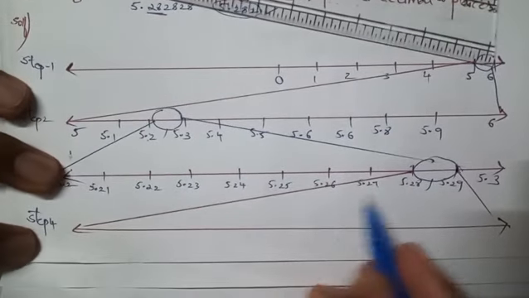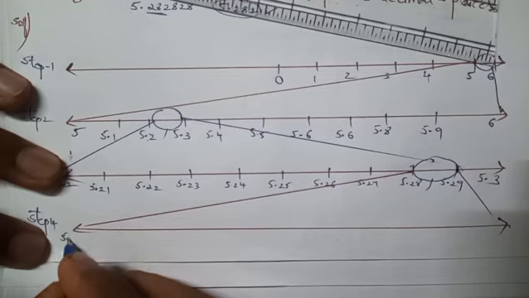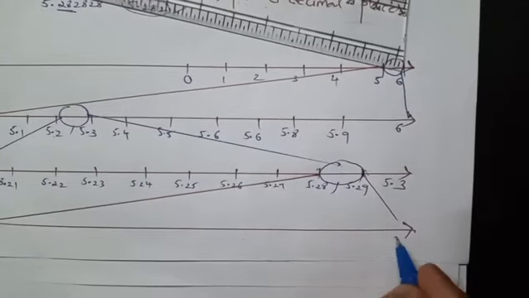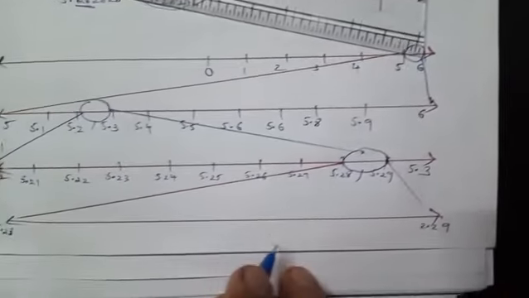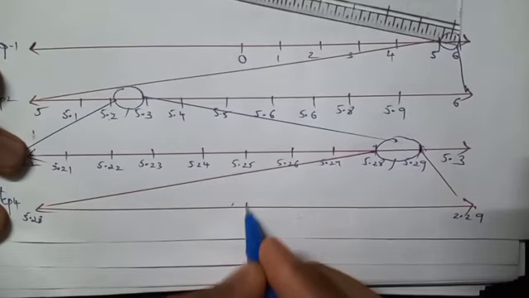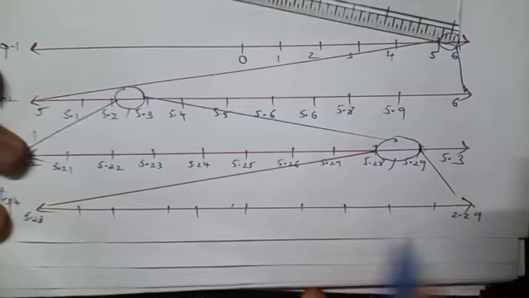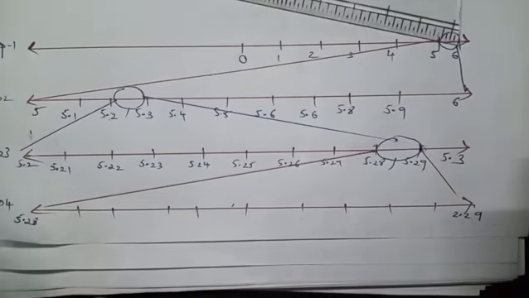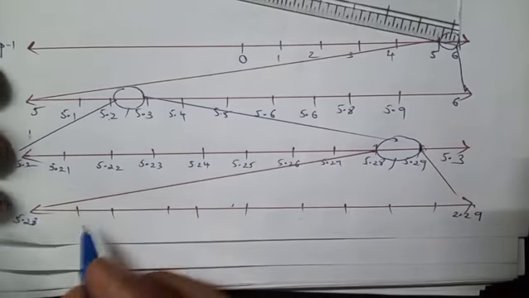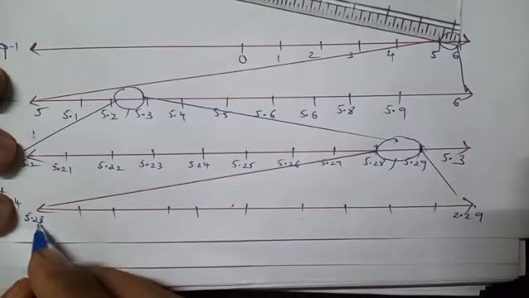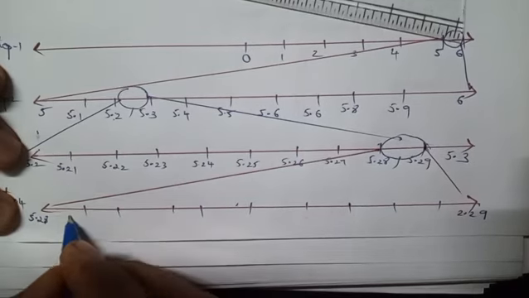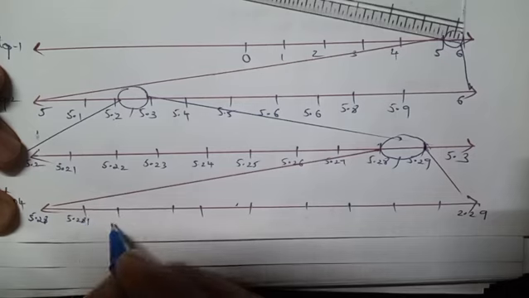Now what is it? 5.28, 5.29. Okay, again same. Total you have to keep 9 numbers here. Okay, so 9 dashes. 5.281, 5.282,